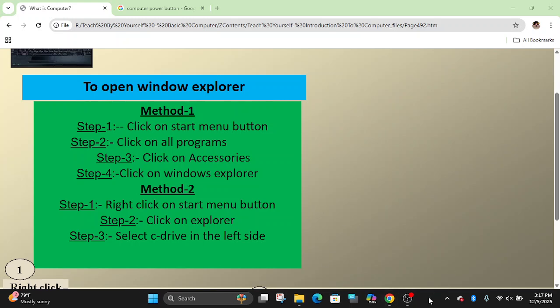Here by drag and drop. In case of the other versions of the operating software, on the taskbar, right click, there is unlock. If the taskbar is locked, you have to choose unlock the taskbar. Then you can drag and drop. You can make it up, right or left. But in case of Windows 11, we have two alignment options: the center and the left.